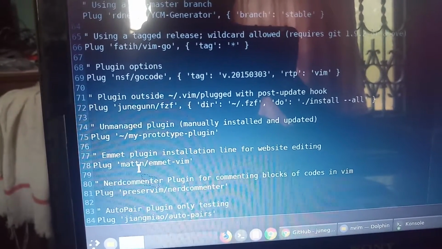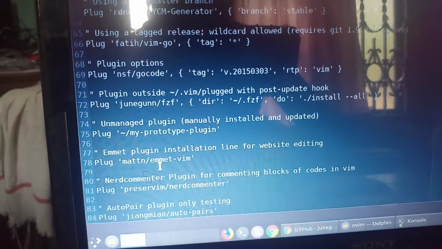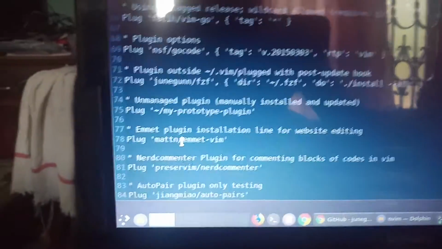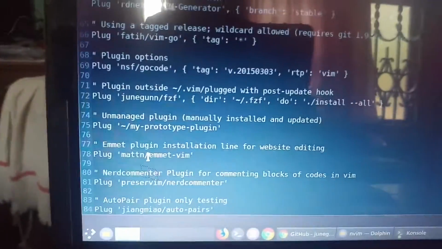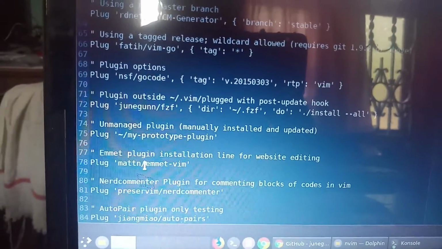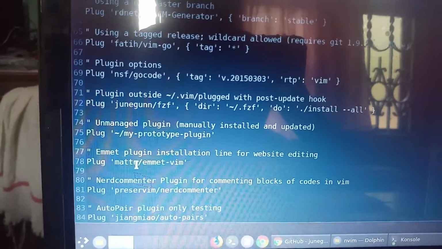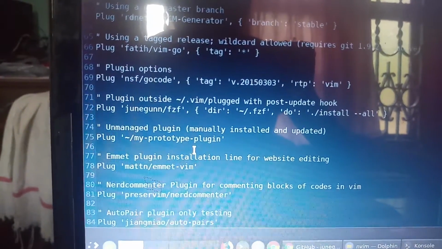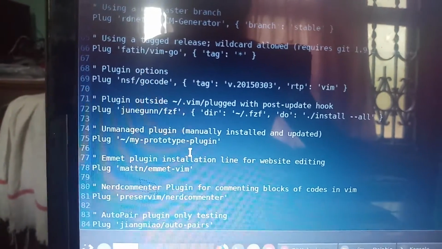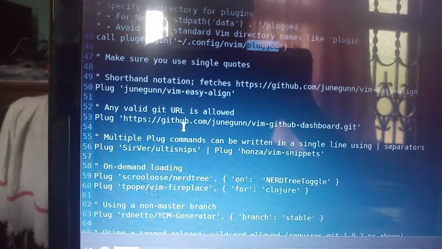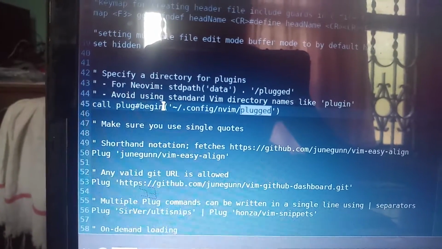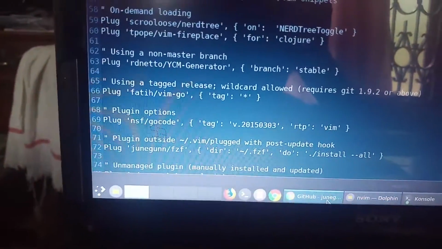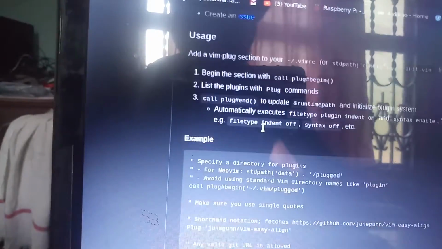single quotes. I should specify the name provided by the Emmet GitHub repo. So if you look into the web page or the GitHub repo for each plugin you are going to install, they will provide what content should be pasted into the init.vim file. So just remember this. This is plain and simple. Whatever plugin you want to install, just place it between the call plug#begin and call plug#end functions. That's all. All of that content is given in the GitHub repo, on how to use it.